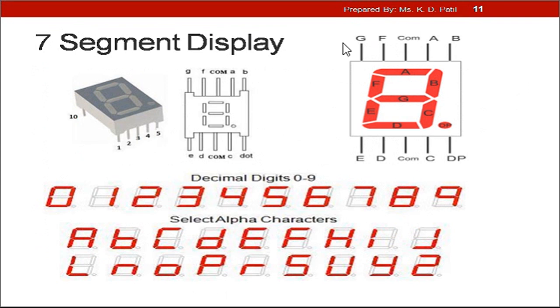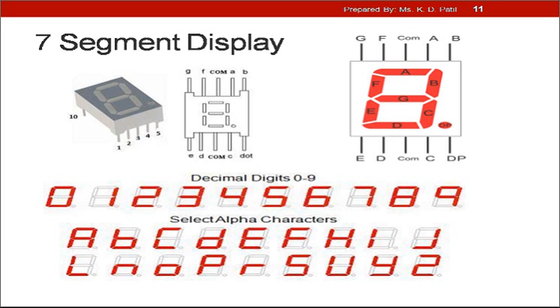Now this is my 7-segment display. There are characters A, B, C, D, E, F and G, which represent the number you want to display. These are the different segments which are available. One segment represents one LED. Likewise, 8 segments represent 8 LEDs. Now, what is this COM? We are going to use two methods of configuration, common anode and common cathode, and for that we will require this COM. We will see that in detail also.